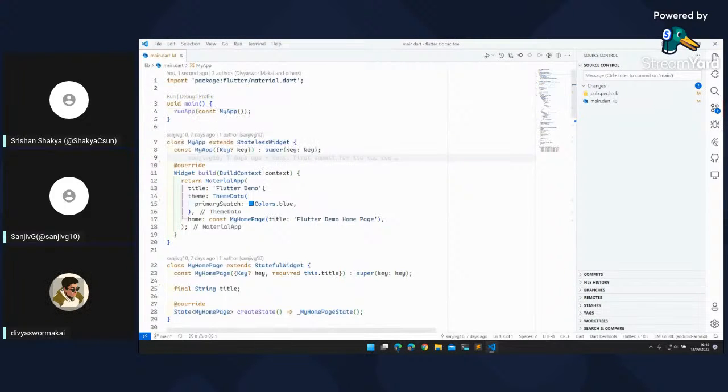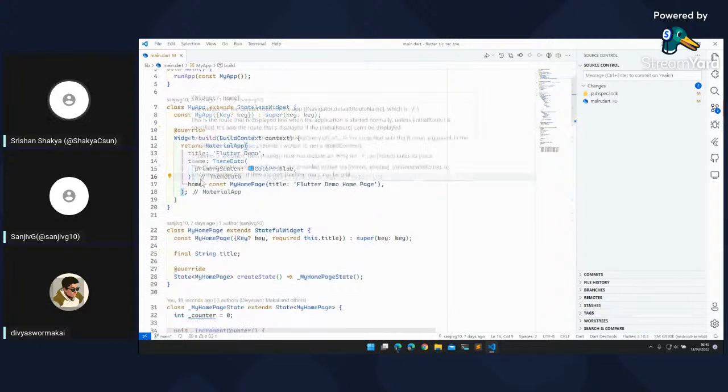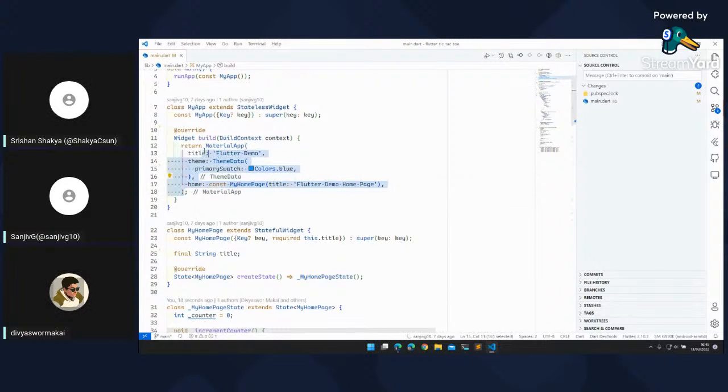That is auto-generated, in lines 15, 16. This just shows where the theme data ends and where the material app ends. You cannot copy that. It is just an overlay thingy from VS Code. This should also be available for Android Studio.